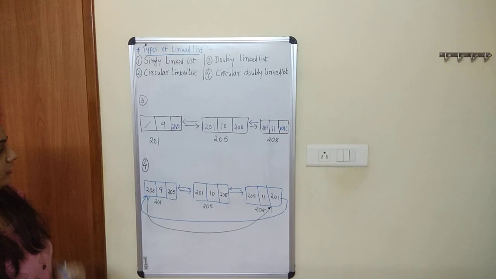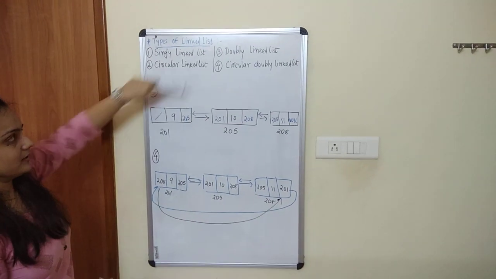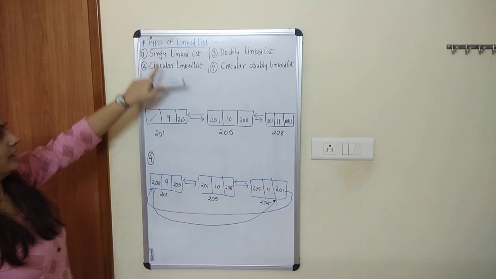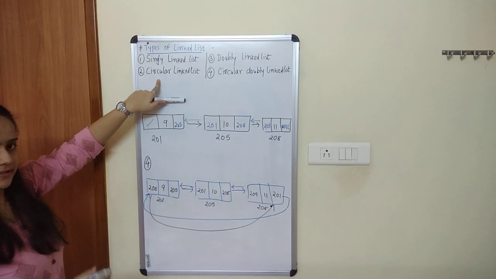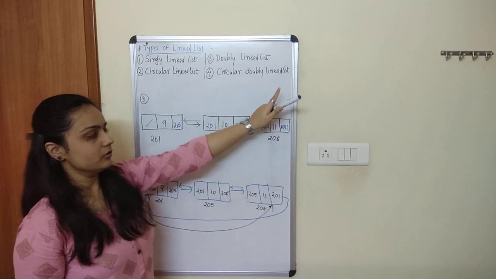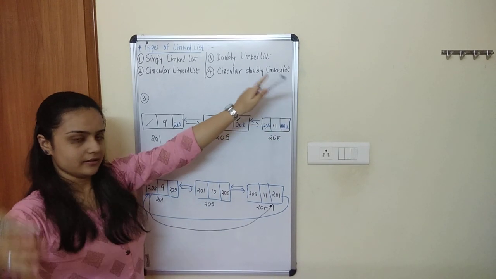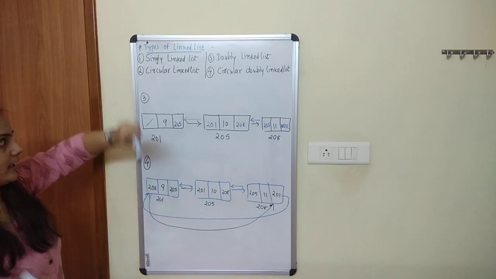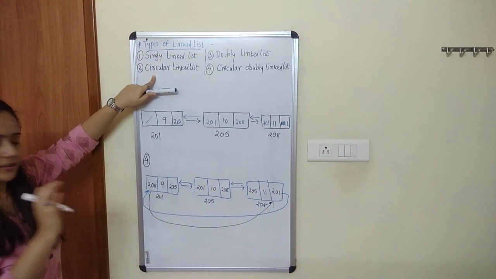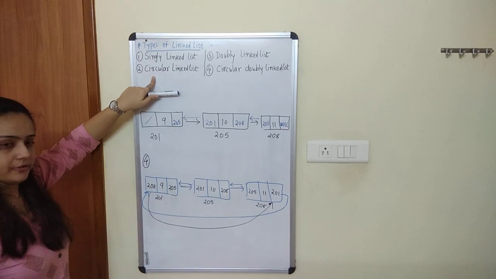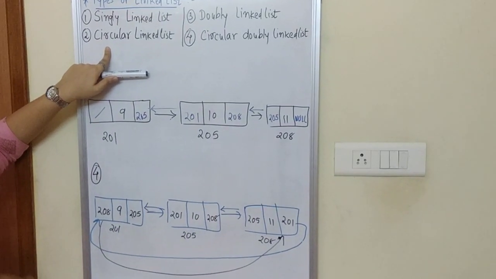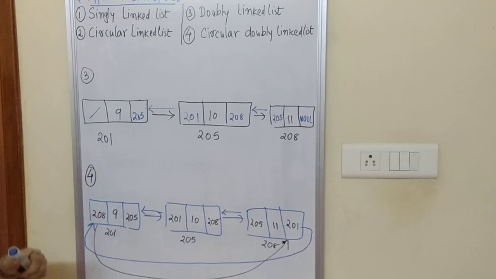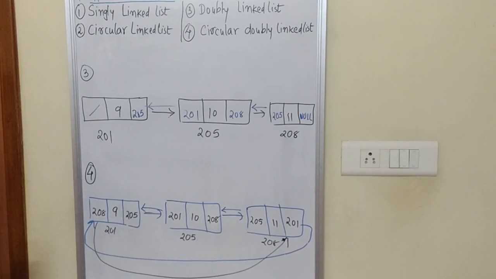You should know the difference between all these four, right? This is having the normal linked list scenario. This is the circular linked list. Means I cannot write the null at the last node. I have to define the address of the first node. And also I have to define the head pointer, because in a circular linked list my data will go in an infinite manner.